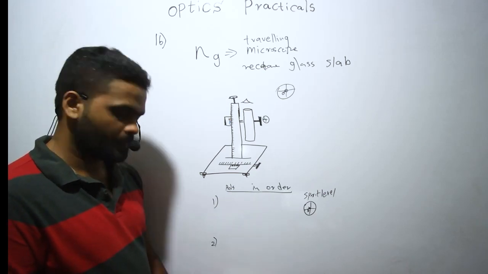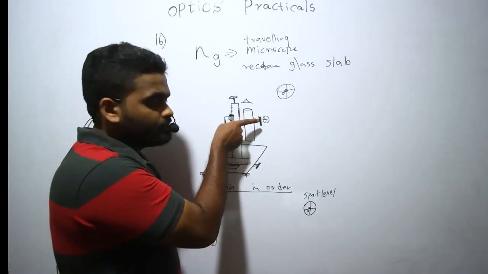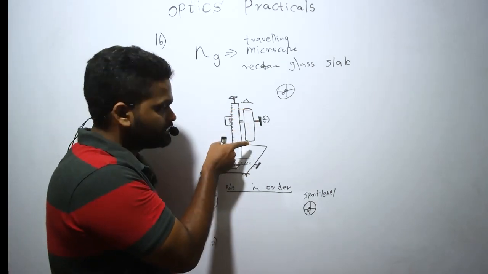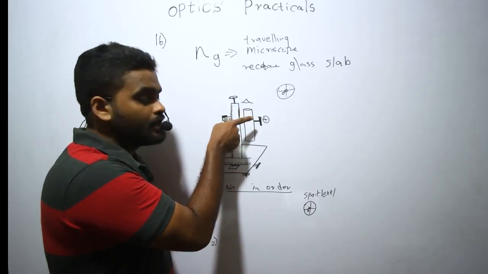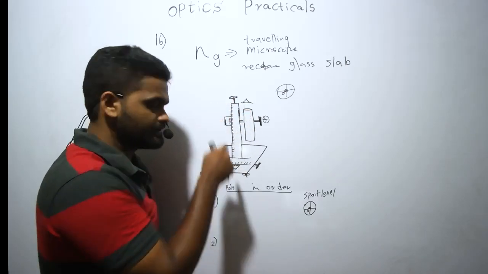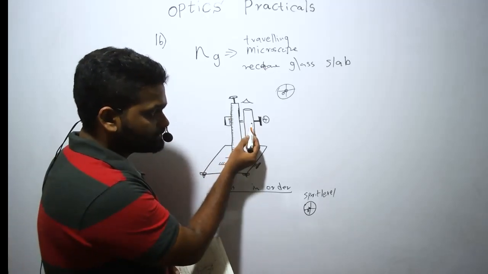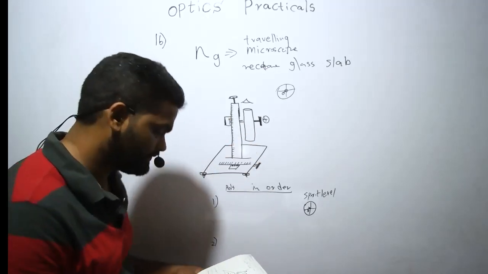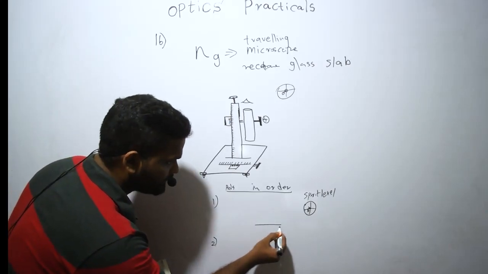Okay, adjusting the eyepiece. For the microscope, the eyepiece is this one. This one is the objective lens. This lens is called the eyepiece. First, you have to adjust the eyepiece. To adjust the eyepiece, there is a crosswire inside the microscope, right? So if you get the microscope like this,